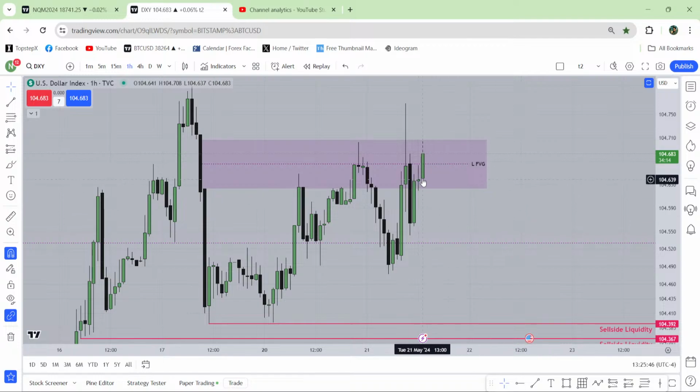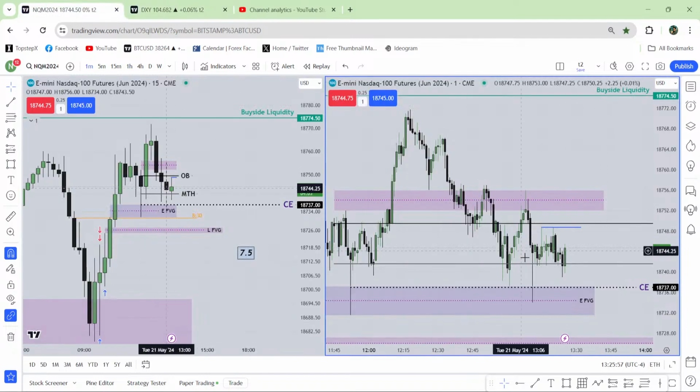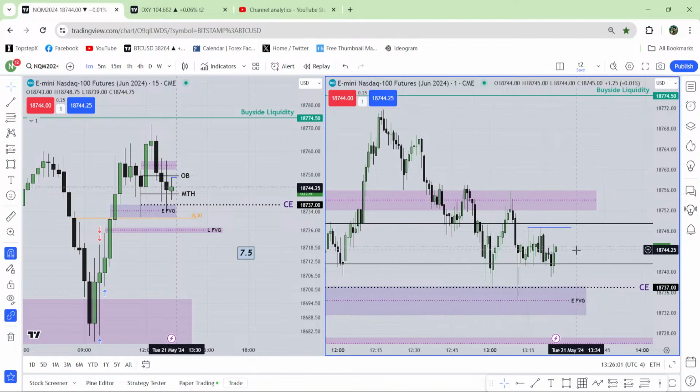And still you can see the dollar index went a little higher, I guess until the 50% of that week. Let me check. No, it didn't reach that, but it went higher. But Nasdaq is still over here. No down move, so it refused to go lower. Instead, this run has taken all of this sell side liquidity. See this sell side liquidity over here on the mid chart. This run has taken all of this sell side liquidity. Still, it is bullish to me.